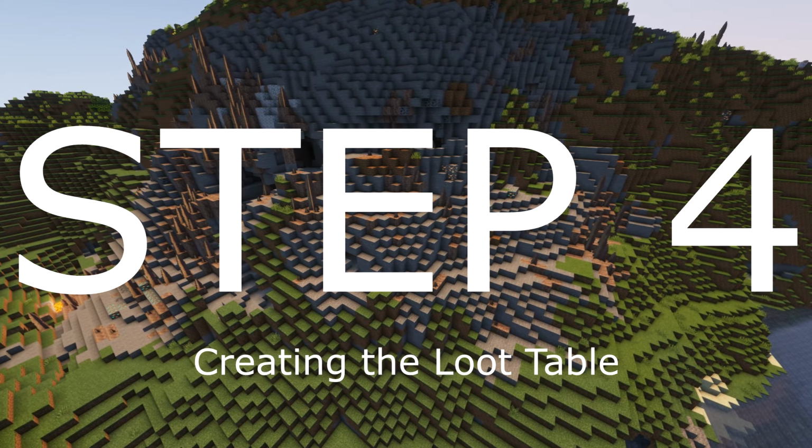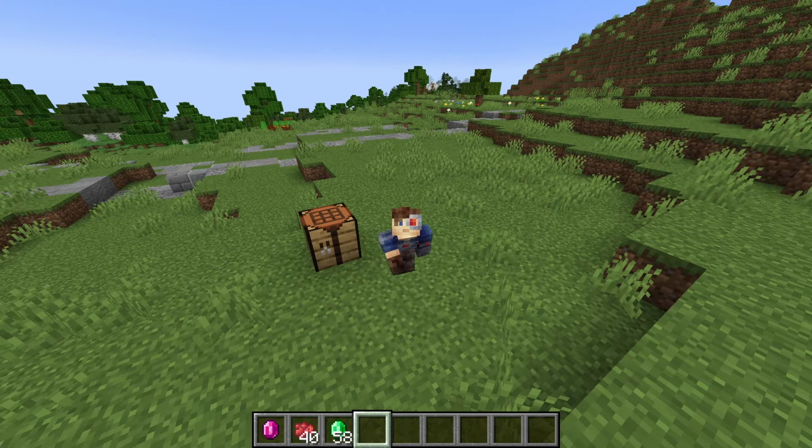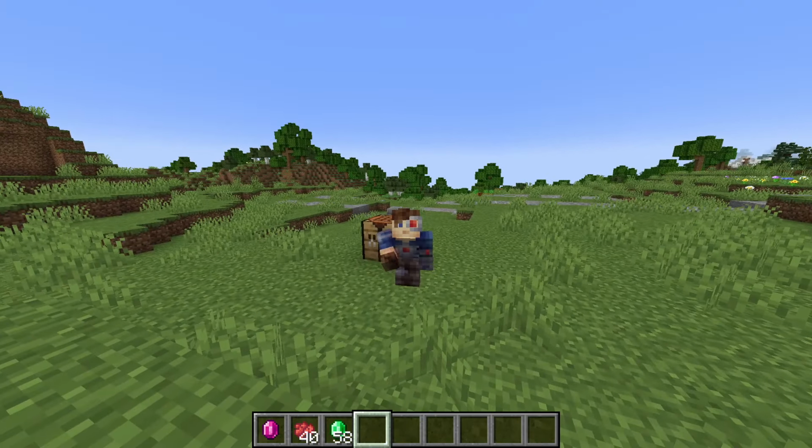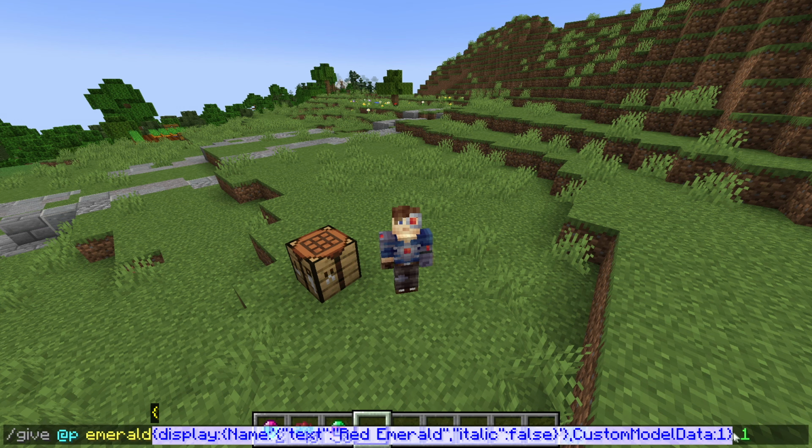Step 4, creating the custom item's loot table. So assuming that that is all working, we are good to move on to step 4. In this final step, we're going to be taking the NBT of our custom item. So in this case, the red emerald, that's just a display name and a custom model data. And we're going to be creating a loot table with this data so that we can have that be part of the output. So we're going to want to grab this part of the data and ignore the emerald for now,